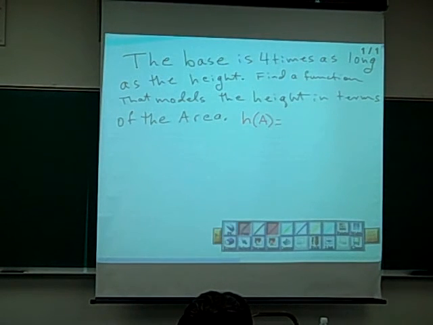The height, right. So here's our triangle, right? Height, base. Okay, the base is 4 times as long as the height. Well, we don't know what the height is, so the height has to be what? In this case,